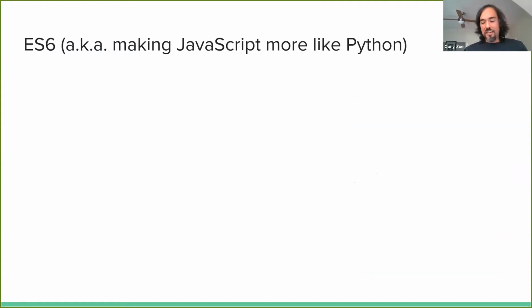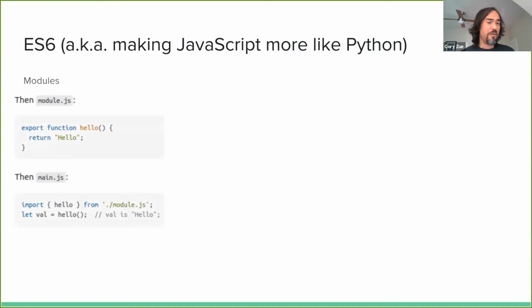A few specific things that have happened in the JavaScript world. So this is kind of old news at this point. ES6 was the last really big update to JavaScript, which I think came out in 2015. But a lot of people are still not using it or don't know all about it. One of the big things it added was modules. So we've seen that already, but you can define functions wherever you want and then import them from other places. So this allows you to organize your code